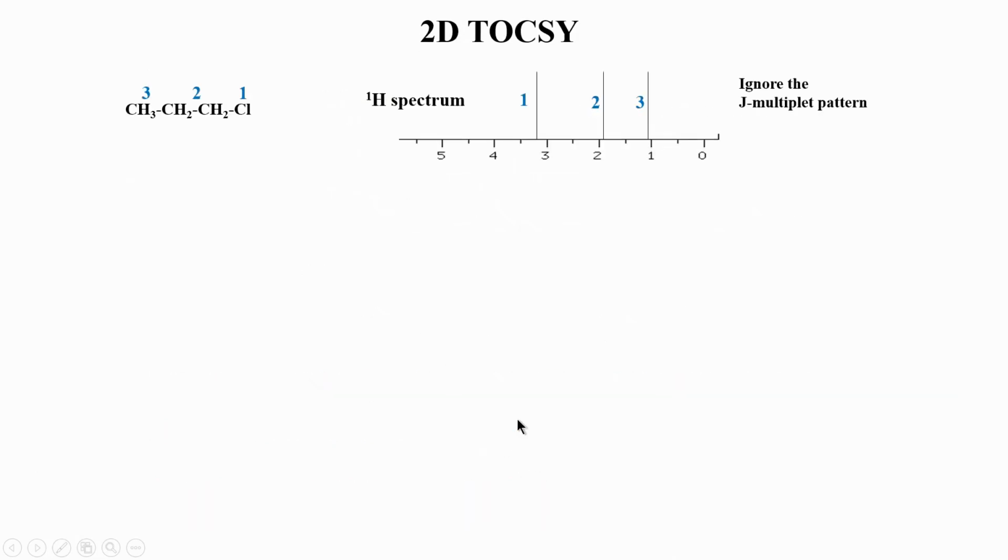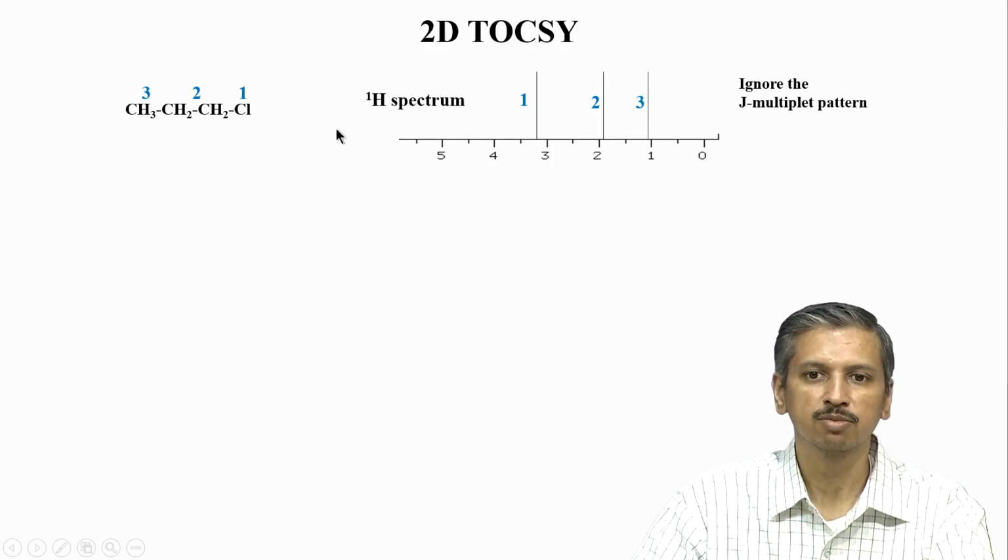Let us again look at the same molecule which we saw earlier, the propyl chloride. You can see here this label has shifted: this hydrogen is 1, this proton is 2, this proton is 3. Now, in a 1D spectrum, similar to what I said in the previous class, we will just see 3 lines, and again I am telling you to ignore the J coupling right now, we are only concerned with the chemical shifts. So, we are looking at chemical shift correlation. We will not worry about the finer details of J coupling, it does not matter for us in the analysis of 2D or even for that matter in 3D.